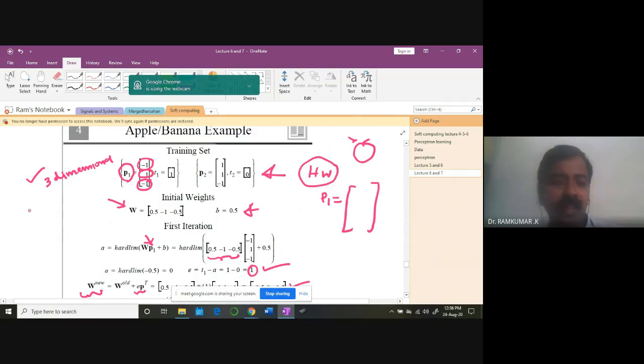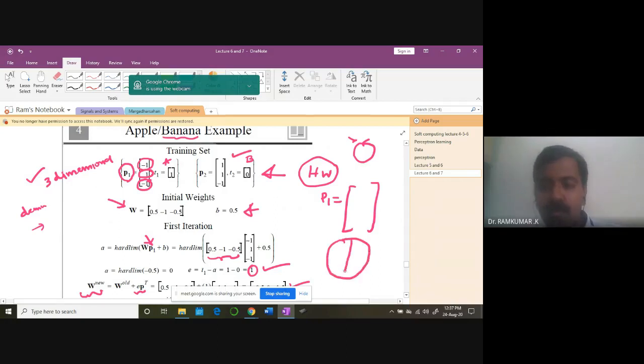That's what we've seen. I think a few classes back we've seen a demo on MATLAB to separate out the apples and oranges. I hope you can recall. Here it's banana they are given, but anyway, just for our understanding, 1 is apple, and banana is orange, 0. So in order to train a neural network,